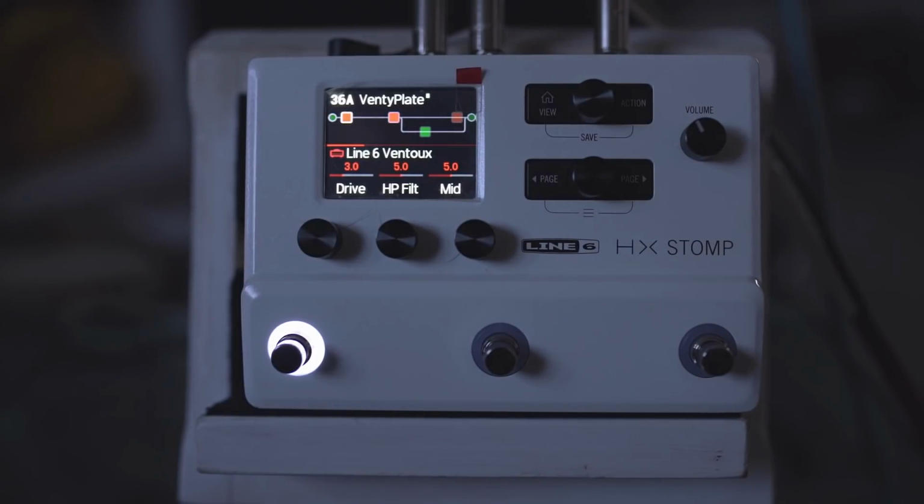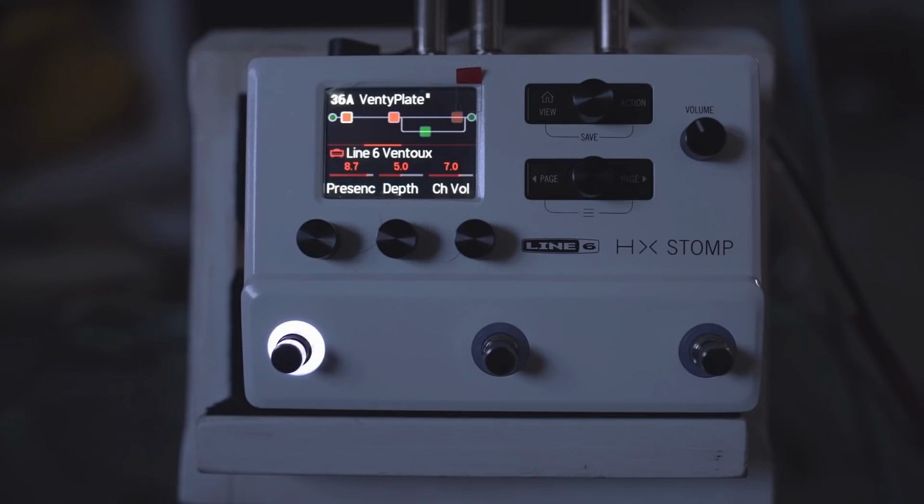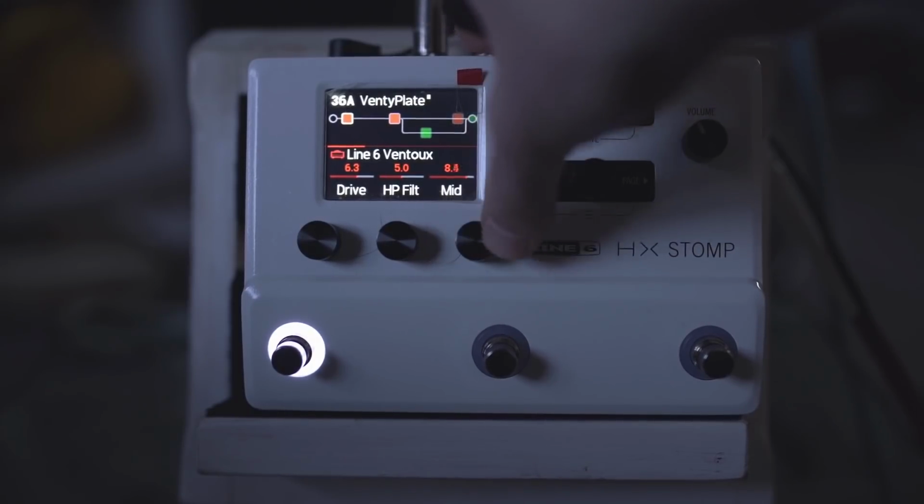Drive to 3 for some actual clean tones, and then I might chuck that presence up. So some really, really beautiful tones. The mid control, let's have a little listen. If we scoop things out, get a bit more of a cutting tone. And if we boost these,